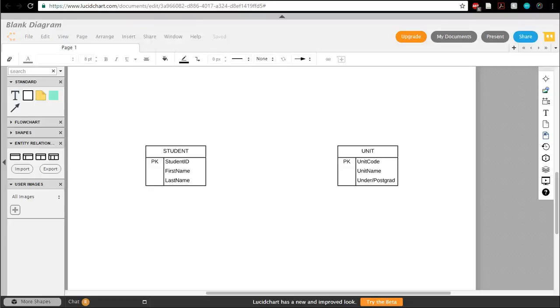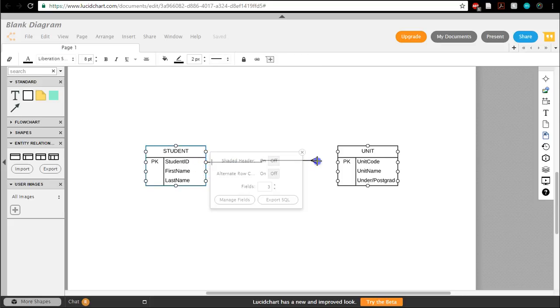This screencast talks about how to handle many-to-many relationships in entity relationship diagrams. Now, many-to-many relationships actually can be represented on entity relationship diagrams, but they need to be resolved. So it's a couple of step process. I've given an example of student and unit as my two entities, and I'm going to draw a relationship